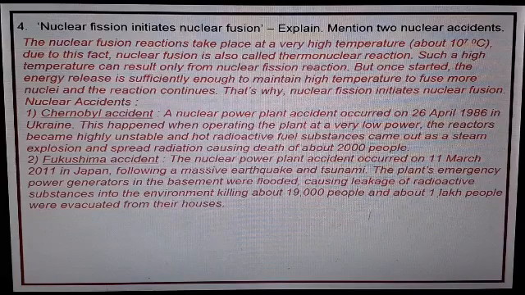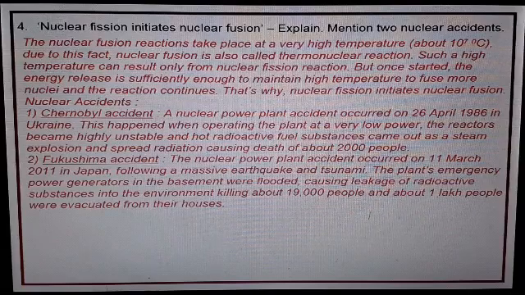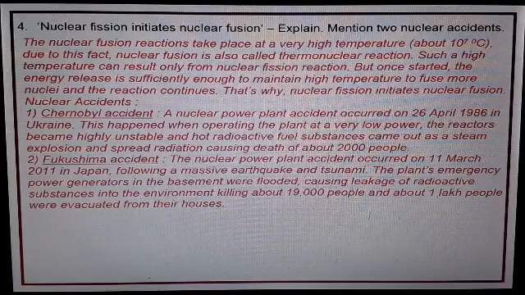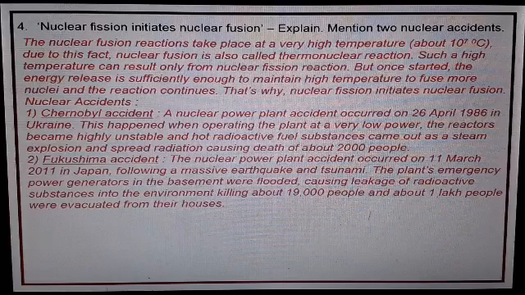So this happened when, while operating the plant at a very low power, the reactors became highly unstable and the hot radioactive fuel substances came out in a steam explosion and spread radiation, causing the death of about 2,000 people. And a more devastating accident occurred in Fukushima, that's in Japan, on 11 March 2011, which was not